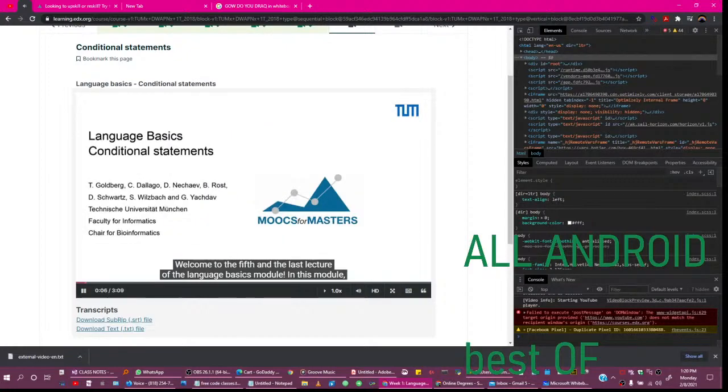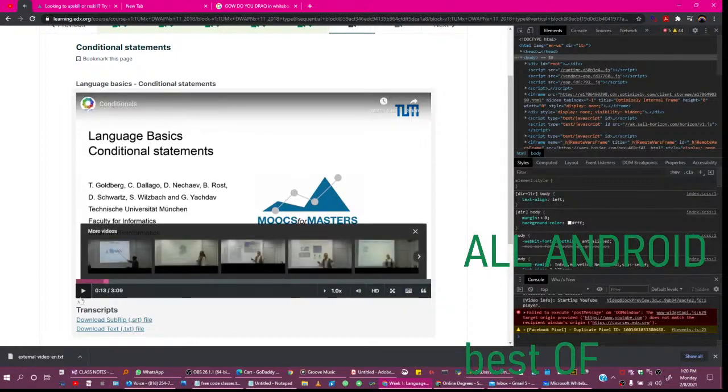Welcome to the fifth and the last lecture of the Language Basics module. In this module, we will learn about conditional statements. An example for a conditional statement